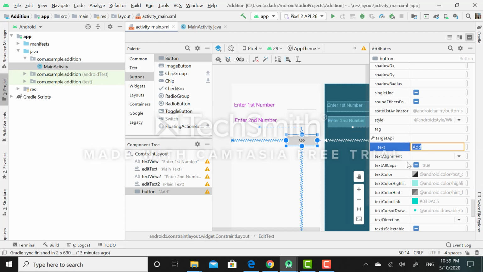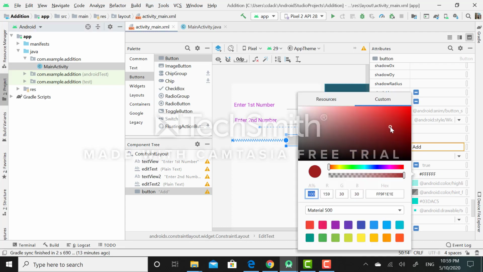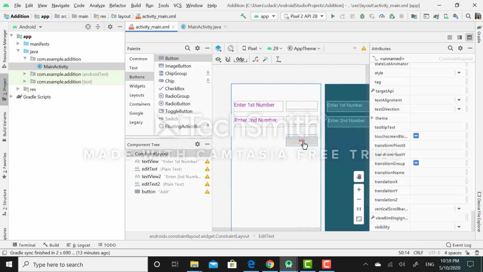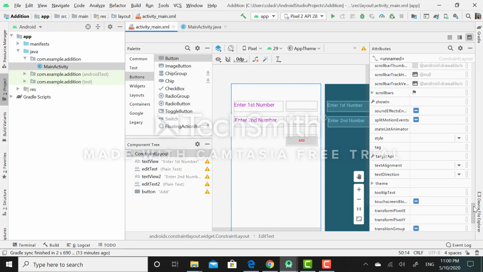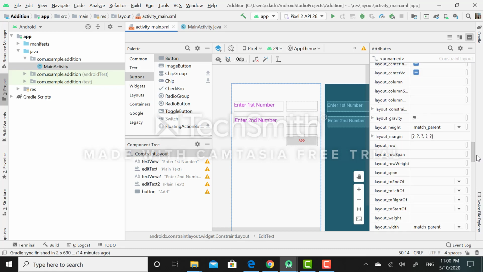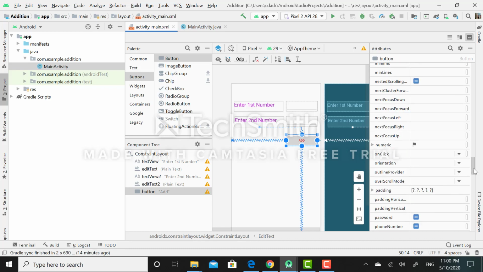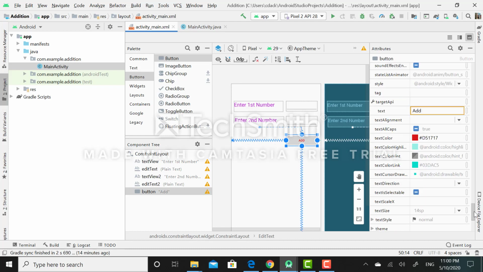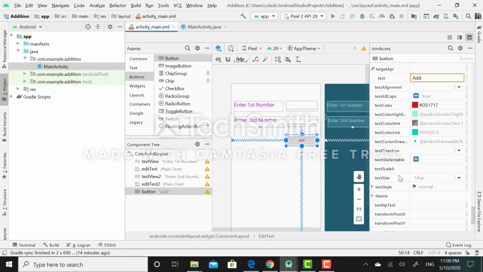Again, I will click on the text color attribute and set the text color. So I have selected this color. Again, by simply selecting text size, I will increase the size of this text. I will increase it up to 24 sp.